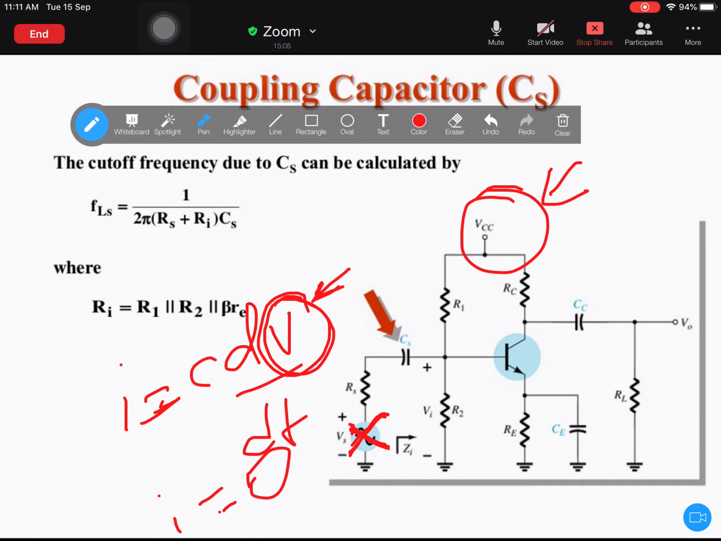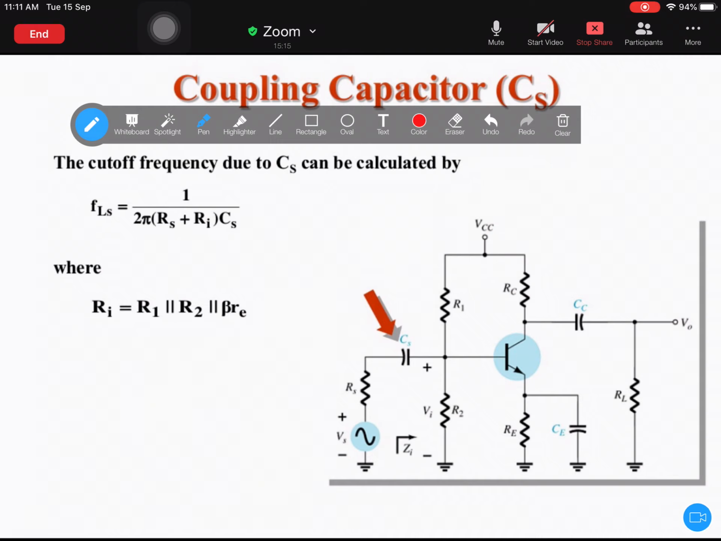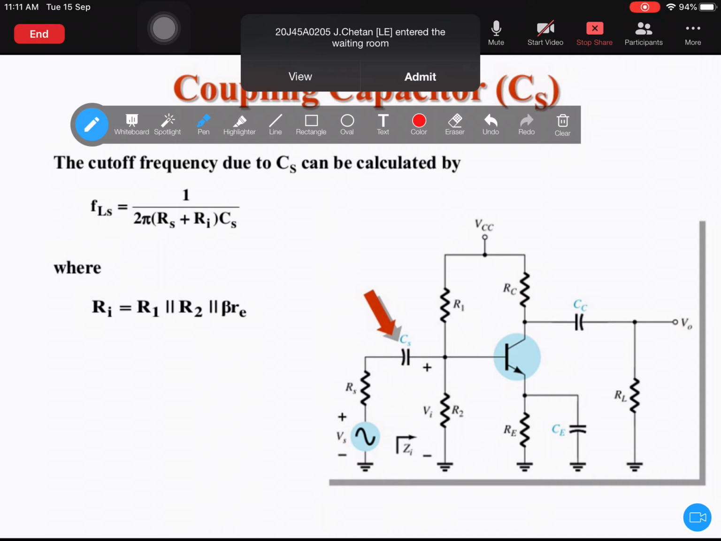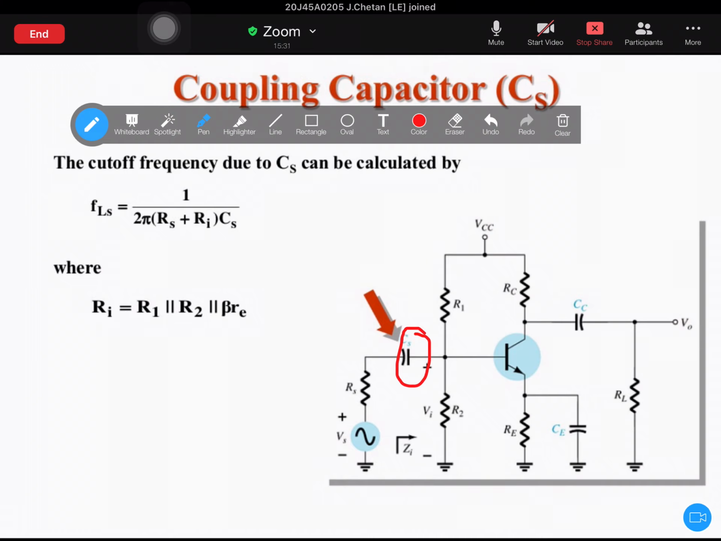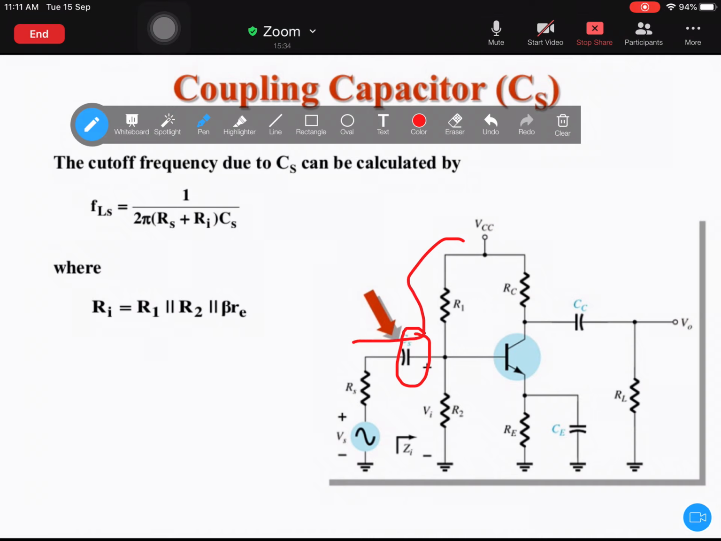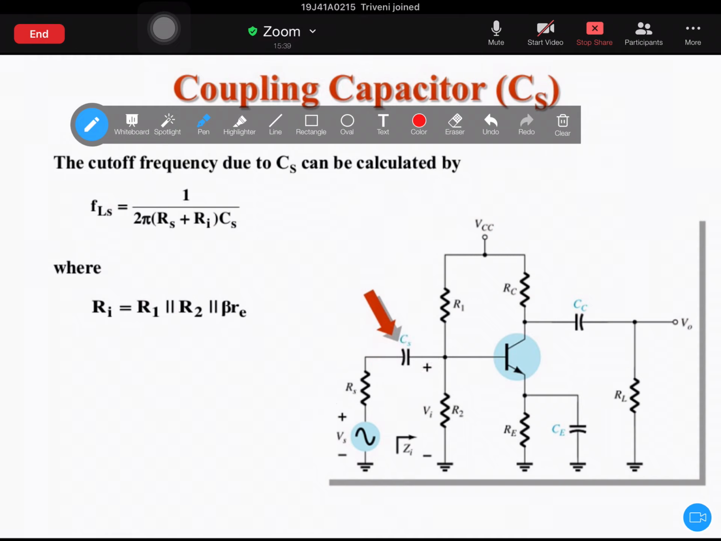That means I is equal to 0, because V is constant, since only DC is applied in this circuit now, because of the absence of the input source. So dV by dt becomes 0, because V is constant now. So I becomes 0. That means the current flowing in the capacitor becomes 0. That indirectly indicates that this capacitor will not allow the current to flow into this network. This becomes an open circuit. This coupling capacitor will act like an open circuit in the absence of an AC voltage source, and